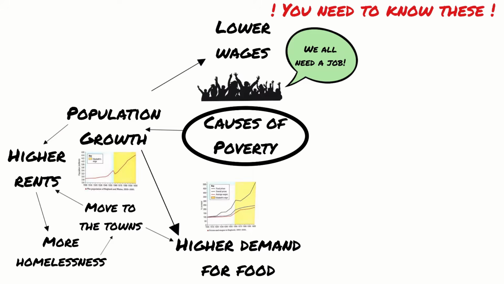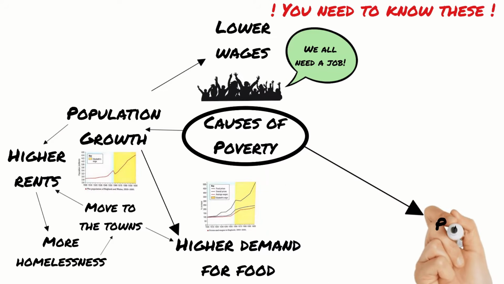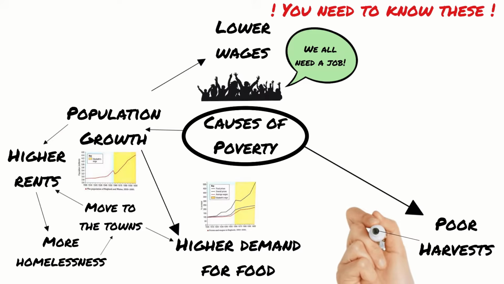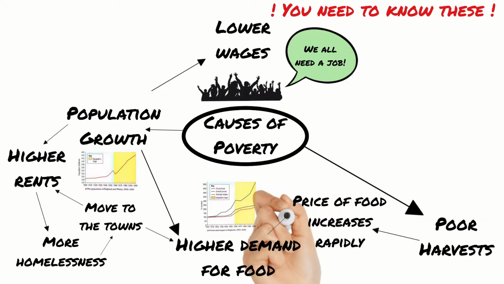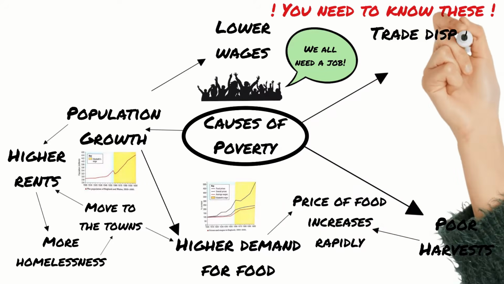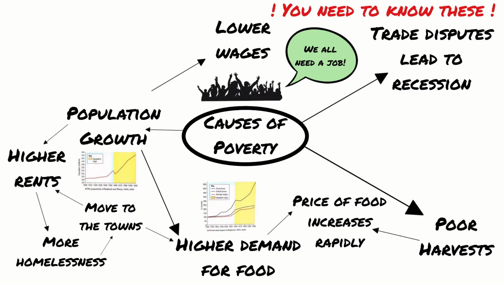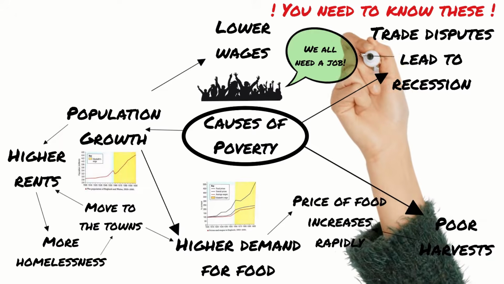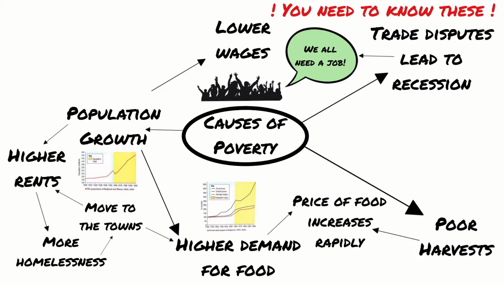Added to the general demands created by an increase in the population, there were another couple of factors that made things worse. Throughout Elizabeth's reign, there were a series of bad harvests which led to a shortage of food. With more people and less food, the price of food increased rapidly. There were also economic problems which led to a series of recessions, where people were not buying as much due to trade disputes with Spain and the Netherlands. These led to merchants and traders not having as much money and therefore having to sack employees, leading to an increase in the number of unemployed.